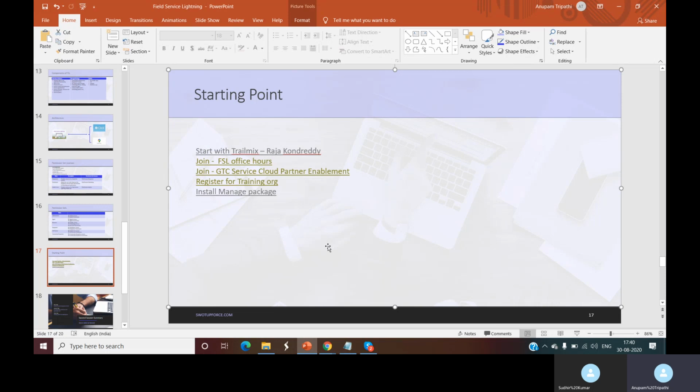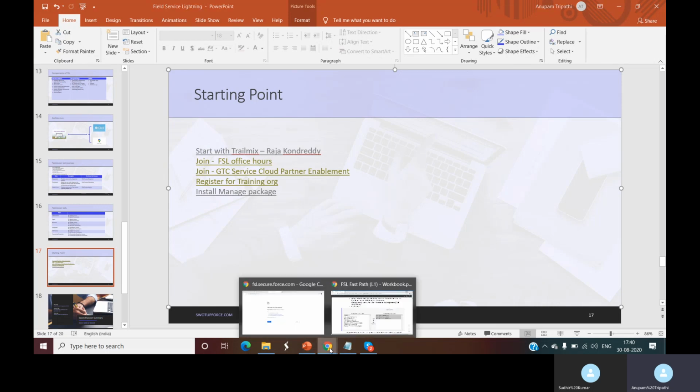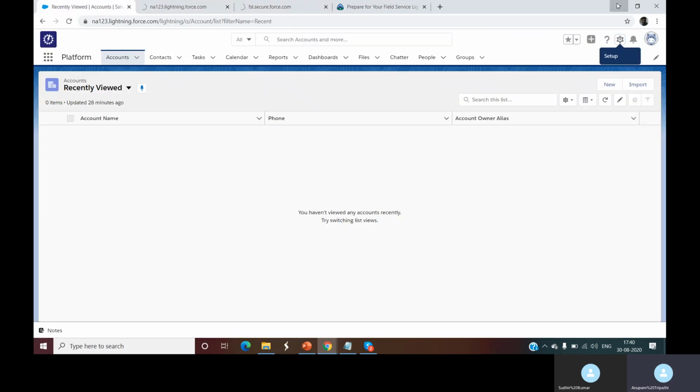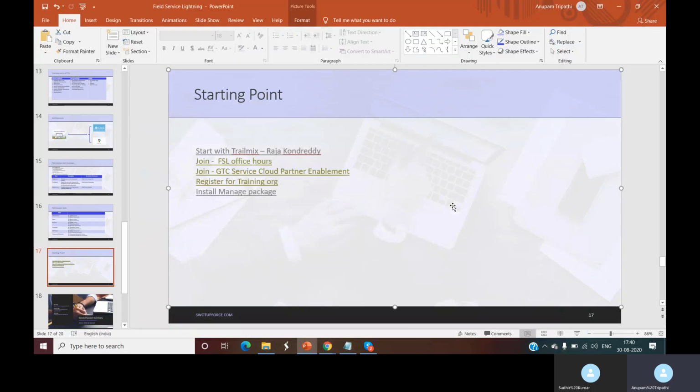And in the next session, it's not opening here, so sorry for that. In the next session, I can walk you through the orgs. I can show you how the package was installed, and based on that, I can show you the different applications that get enabled when you install that package.